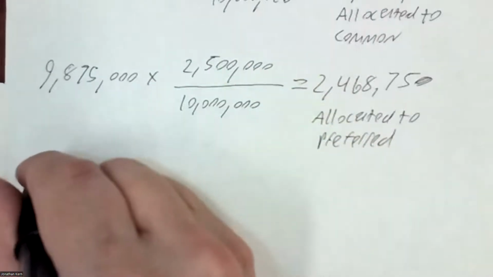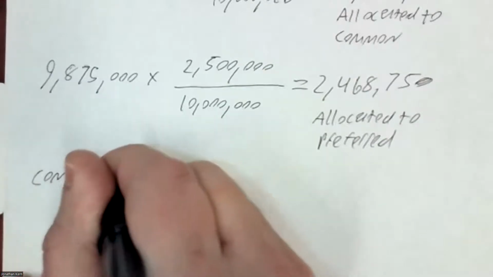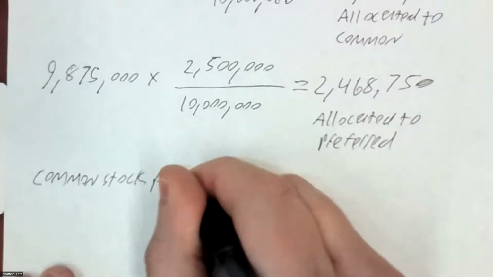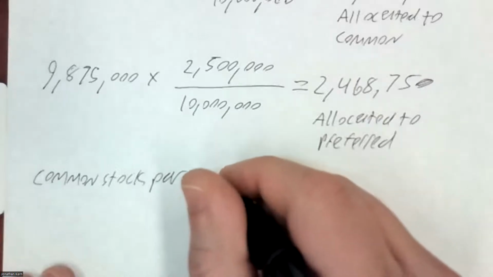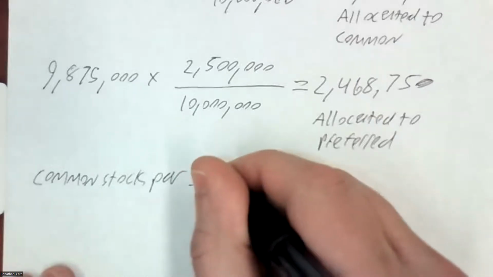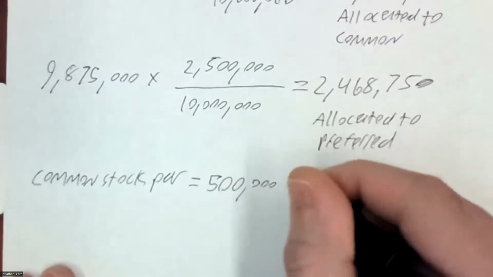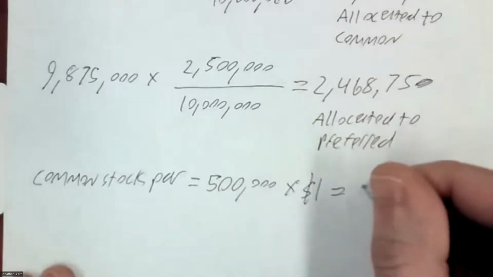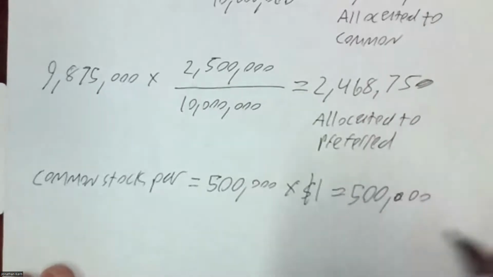In the case of the common stock, the par value is $1, and we issued 500,000 shares. So we'll do 500,000 shares issued times $1, and we get $500,000 that will go to the common stock account,